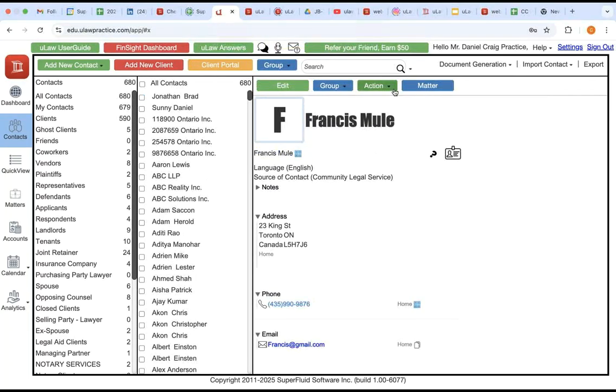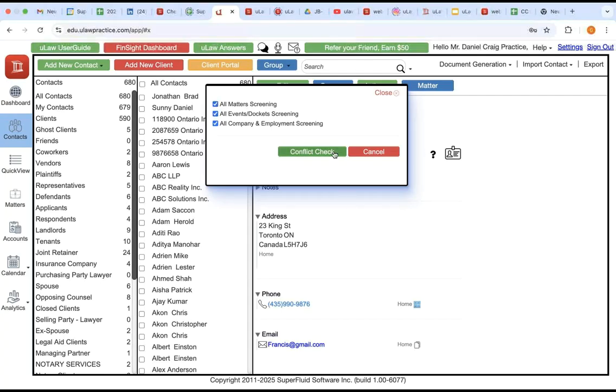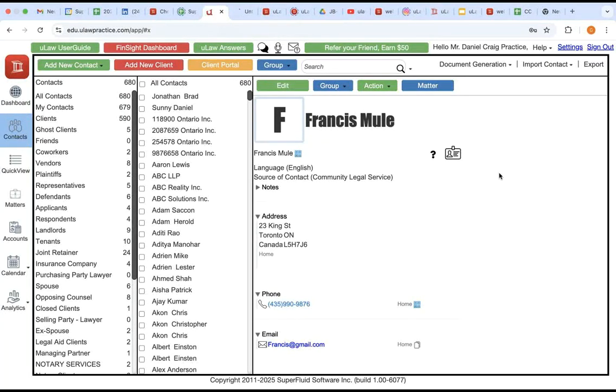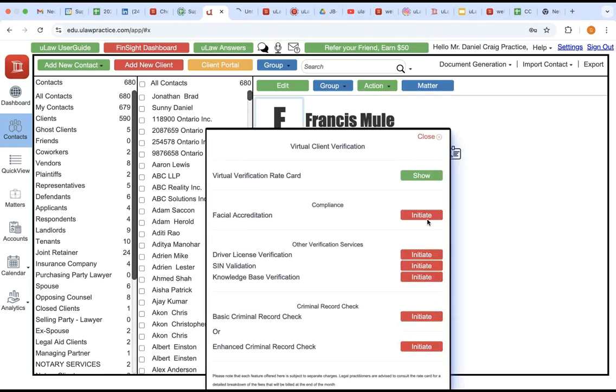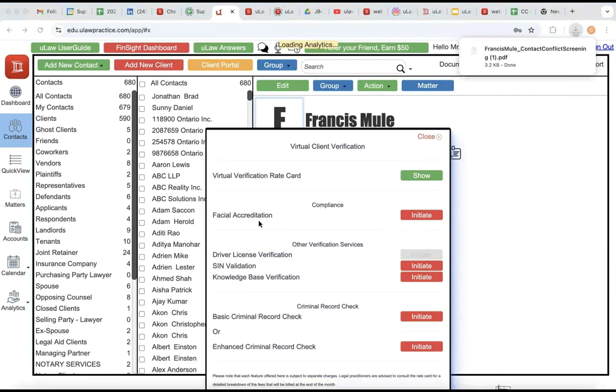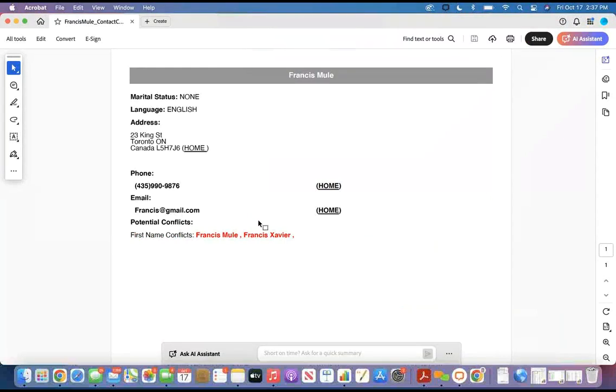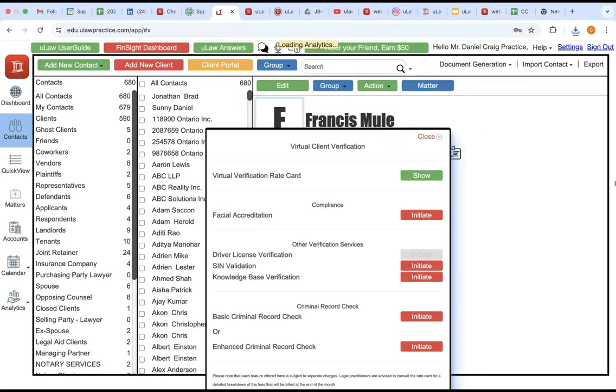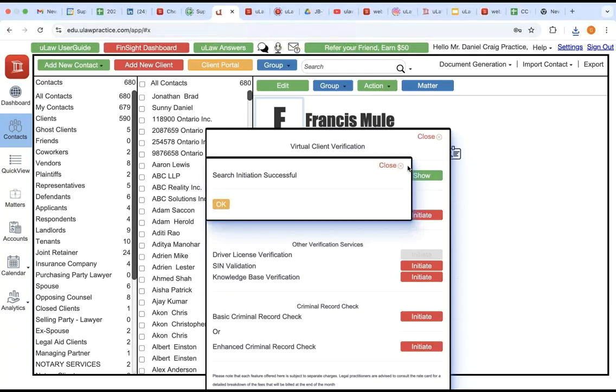Now, as you start servicing on the file, let's say the very first thing you do is doing a conflict check. While you are doing the conflict check, you also realize you did the intake for this client virtually. So you want to do a virtual verification. So in uLaw, you could end up doing that. Now, why am I saying this is that sometimes you initiate this, and then once you initiate it, you would be incurring a charge. Let's say $5 or $10. Now, how can you transfer?